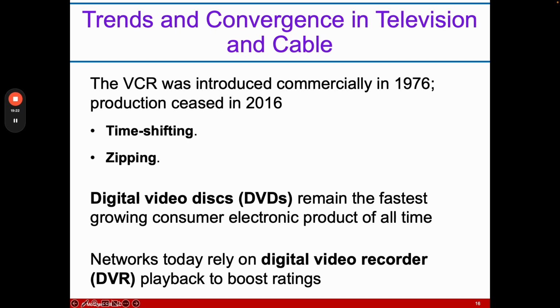When DVDs came into play as well, the big thing there was that people could, for the first time, pause and rewind and see different frames in high def. The nice thing about those was they could have different languages on there as well as bonus features like deleted scenes and things like that. Another big technological advance with television was having the DVR playbacks to boost ratings. Nielsen ended up having those added into their ratings a while later, and it is just another big advance in the television time frame.